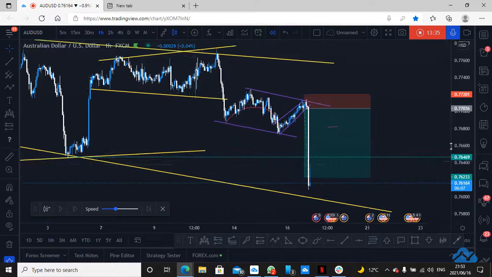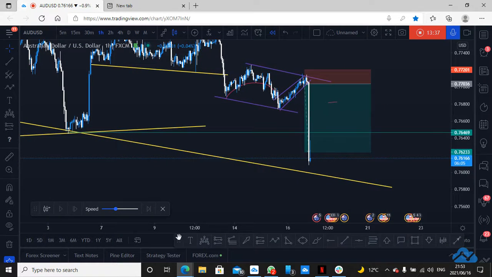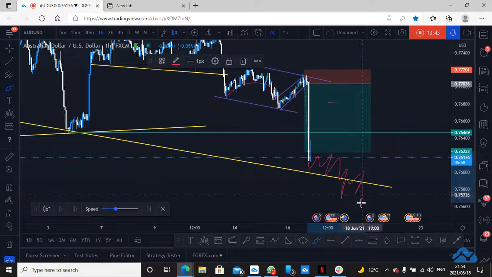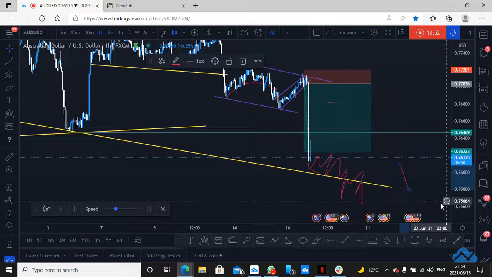Depending on how we correct here in these areas, if we get a corrective structure to the downside,